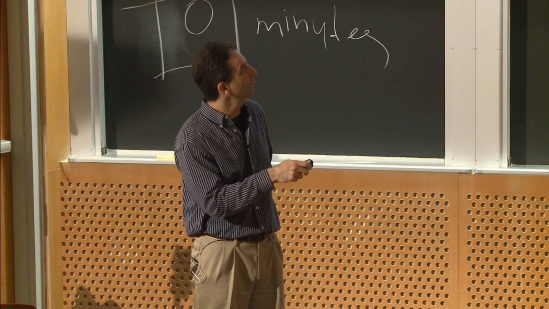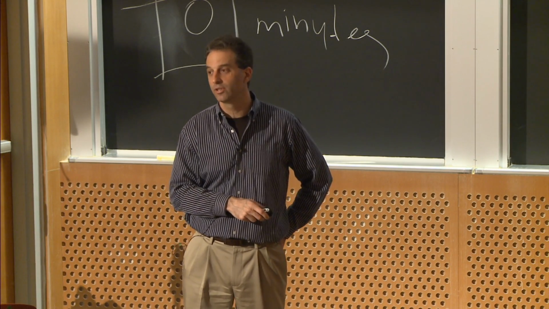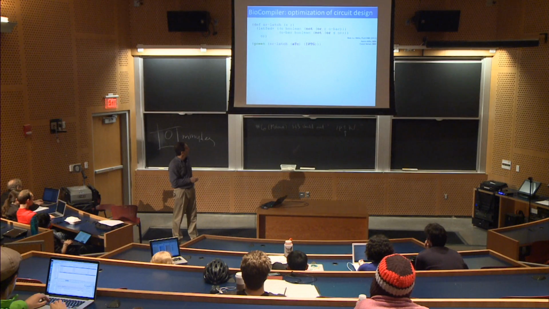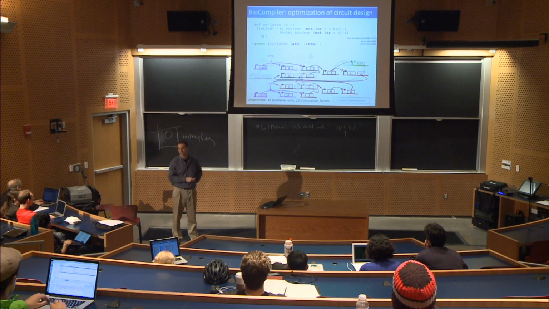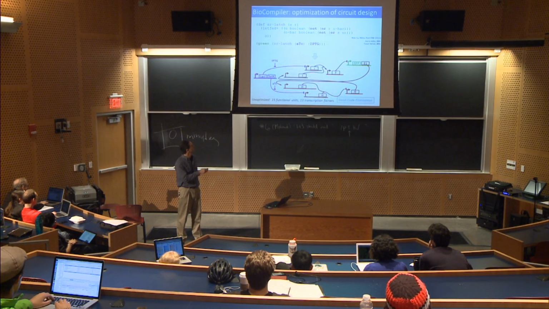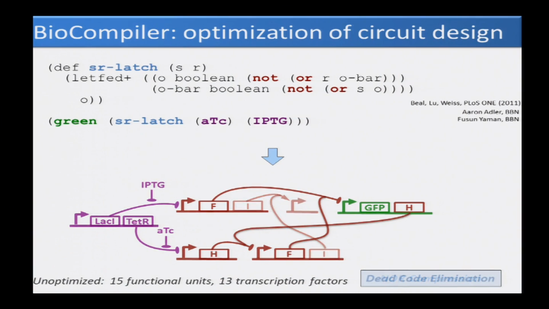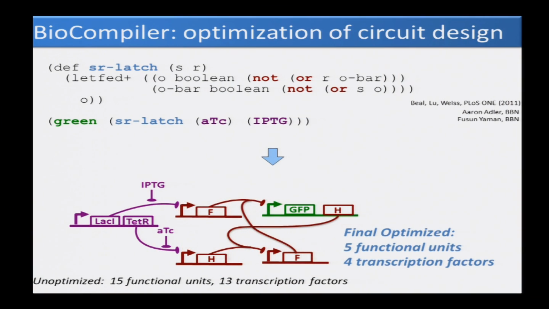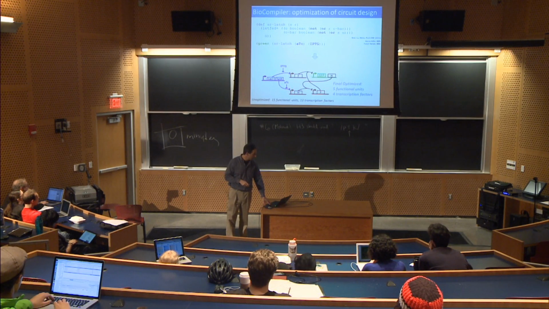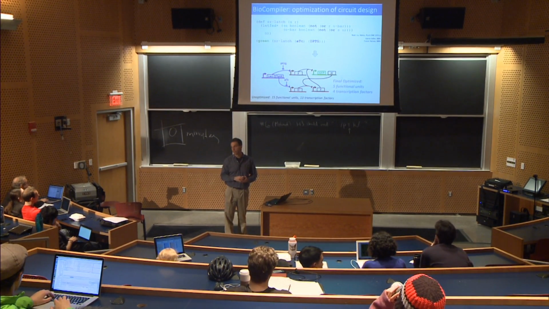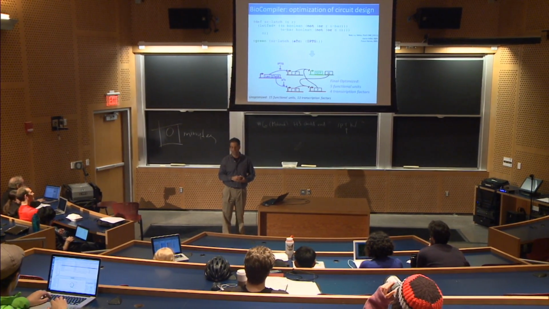So the difference in your life between 4 and 3 may not be huge, but the difference in your life between 15 and 5 could be the difference between getting a PhD or going insane and dropping out and starting a company, becoming a millionaire. But this is what the compiler can do. I mean, that does make a difference. And it may be able to come up with optimizations that you wouldn't be able to really easily come up with, or even at all, under a reasonable amount of